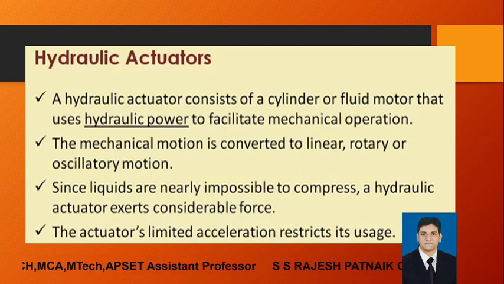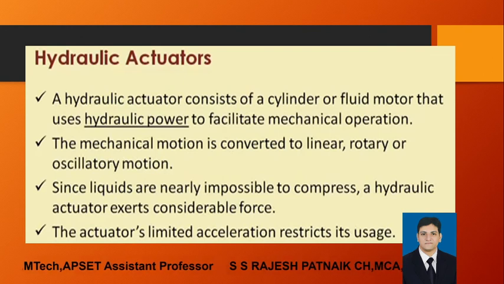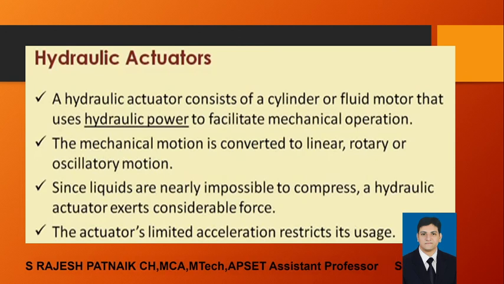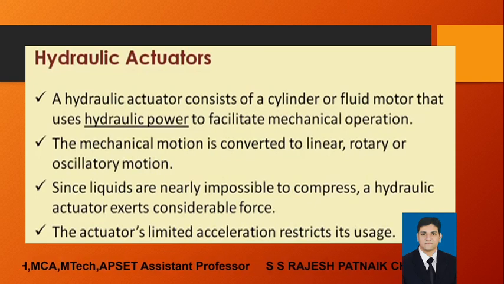So a hydraulic actuator consisting of a cylinder or a fluid motor uses the hydraulic power. This particular cylinder or motor is used for the hydraulic power, that means it is the source of the control energy. Hydraulic power is the main thing here